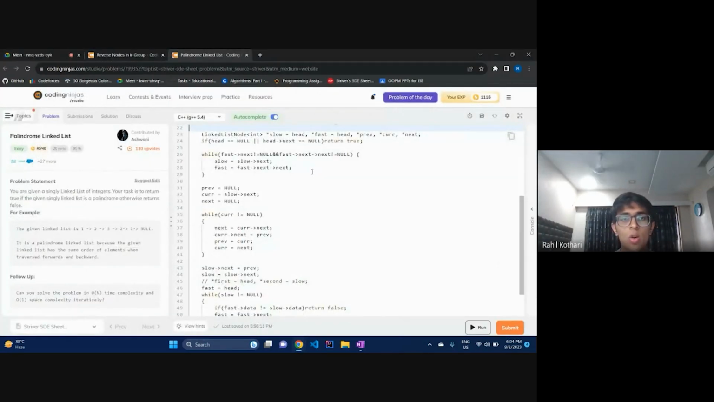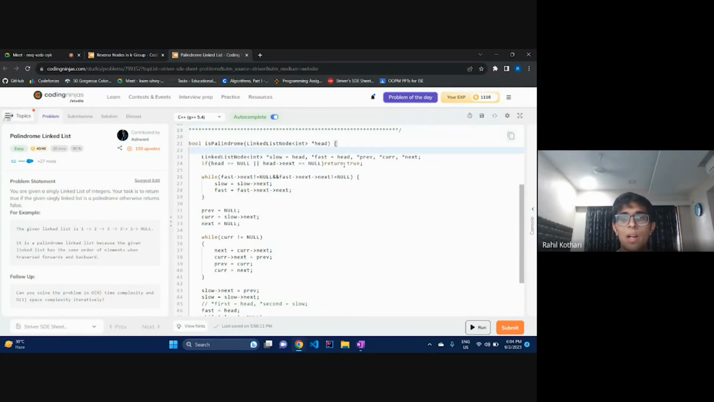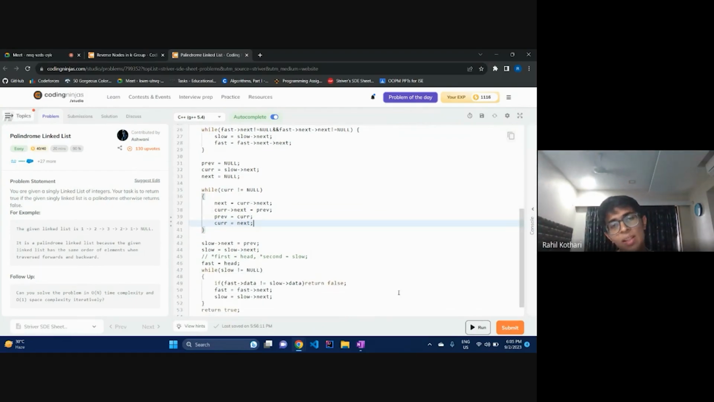So here's the code. As I explained, I declare 2 pointers, slow and fast. Slow and fast are used to find the middle node. Previous, cur and next are used for reversing the linked list. Next is equal to cur's next. This is initializing the next pointer. Current is set to the previous. And now we have to move on to the next node, right? So previous equal to current, and current equals to next. So slow's next equals to previous. Slow equals to slow's next,